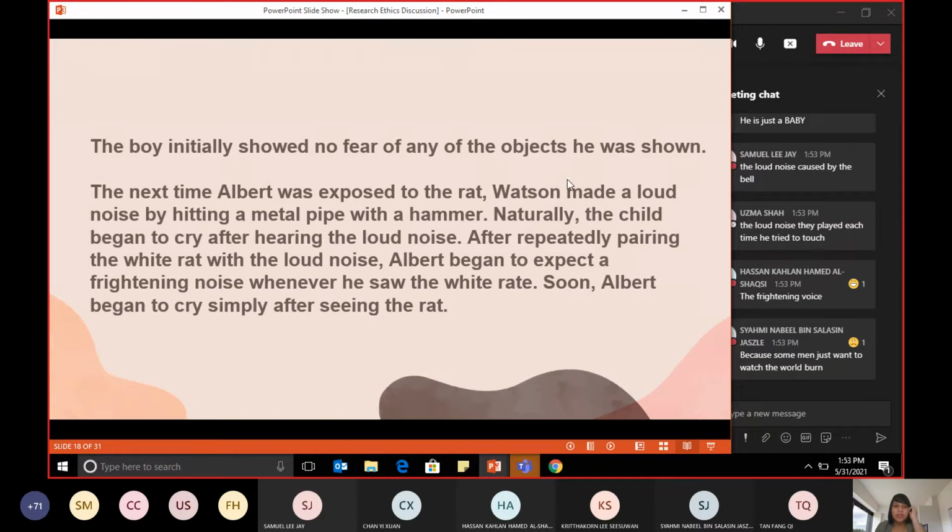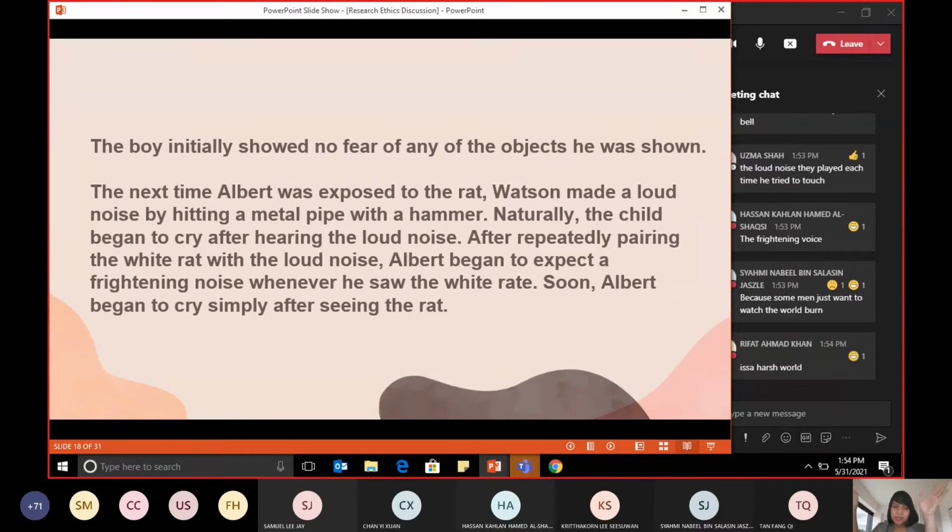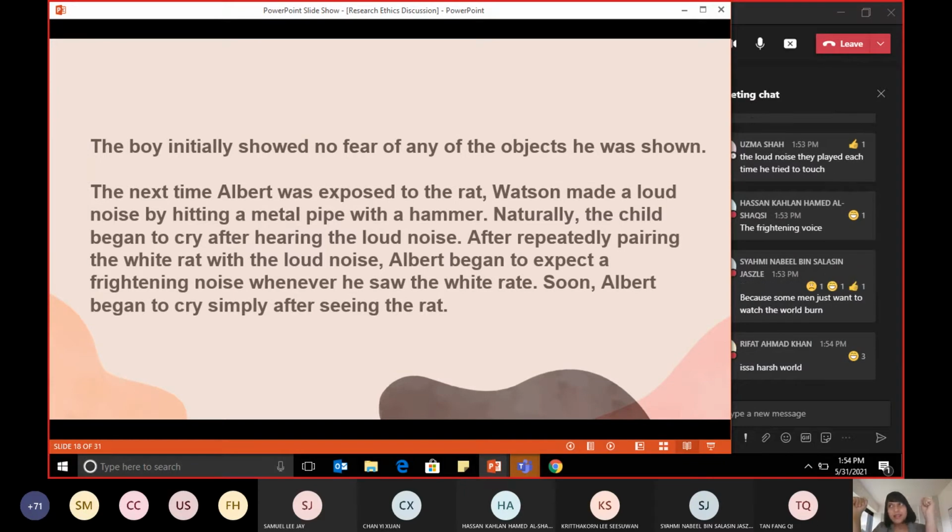So the boy initially showed no fear. We actually observed that from the video. He enjoyed playing with the animals earlier. But when they tried to combine the presence of the animals and the loud noise, he was so frightened. He was so frightened, and because of that, he was mentally disturbed since he was a baby, even until